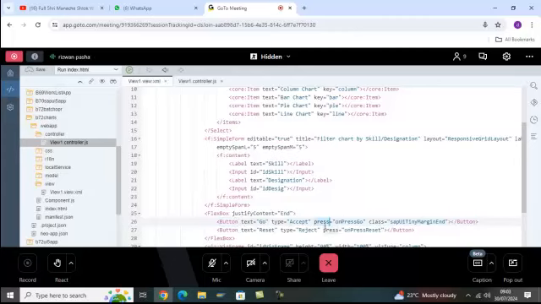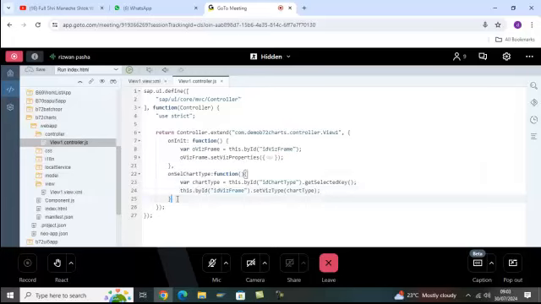So when you click on go, you have written press action on press go. So copy this, go to the controller and start writing your logic. The logic goes same to same as you filtered your table. So remember, your chart and table both are same. Only representation differs. So whatever you have done to filter your table, the same thing you need to do to filter your chart. So let's read the skill, and by using this by ID,